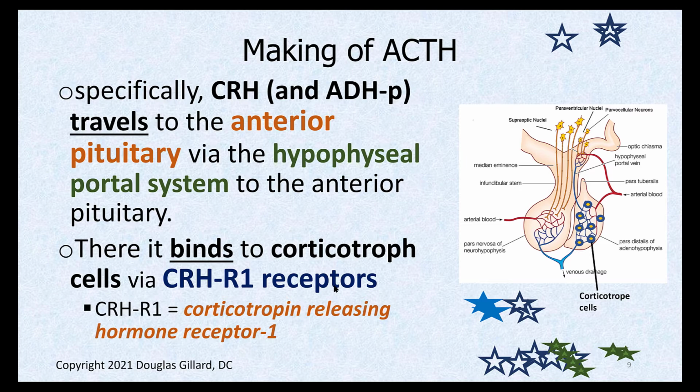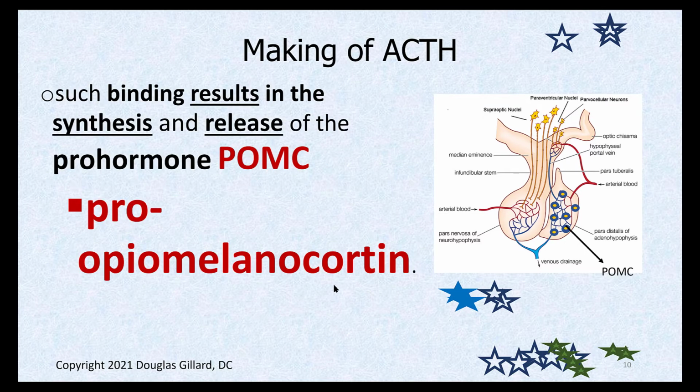It stimulates the corticotroph cells to produce their product. And I think I already said that the real product isn't ACTH. It's something called POMC that is really made. It's almost an ACTH molecule with an extra little tail on it. So you've got to cut the tail off it to make it ACTH. That's called POMC, or pro-opiomelanocortin. So that's another one. I don't know how deep the boards are going to get, but you'll be ready for the deepest possible board question